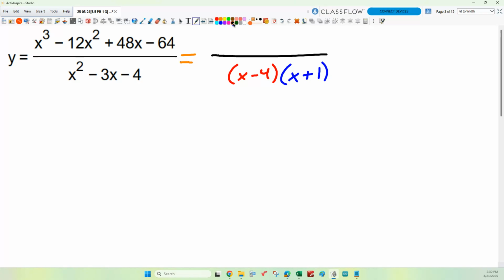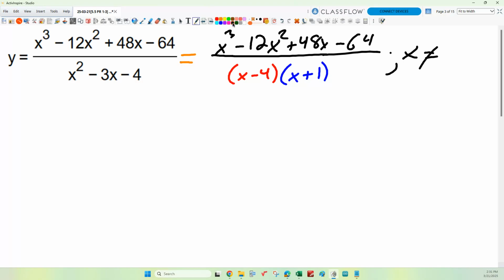Now, rather than just randomly picking values or even using the rational root theorem, what are the factors that we're really interested in seeing in the top? Well, x minus 4 and x plus 1, right? Already we can see that there are some values that we have to exclude from the domain. X cannot equal 4 or -1, right? But we don't know what's going on there yet. If those are zeros of the bottom but not the top,